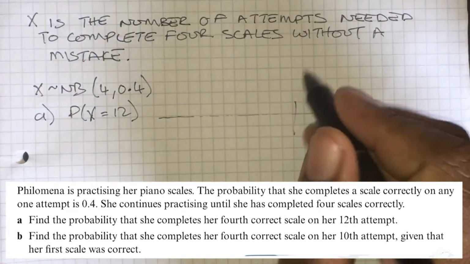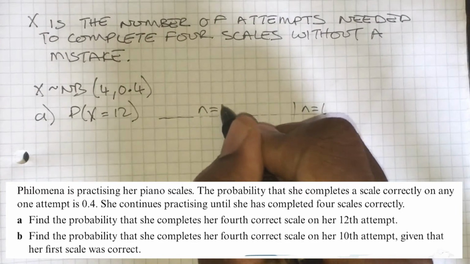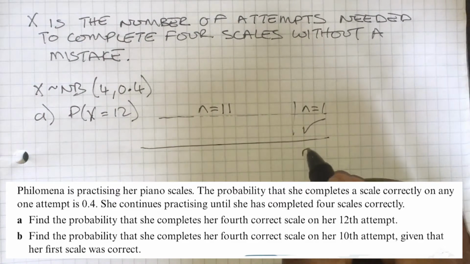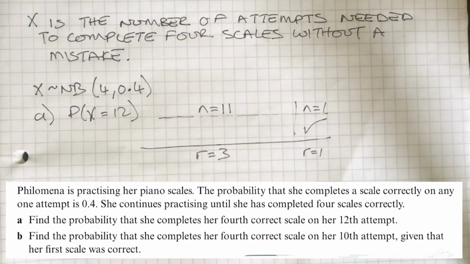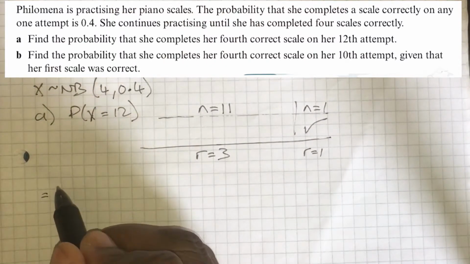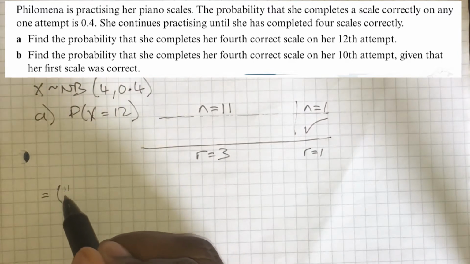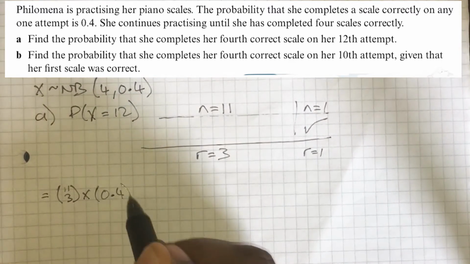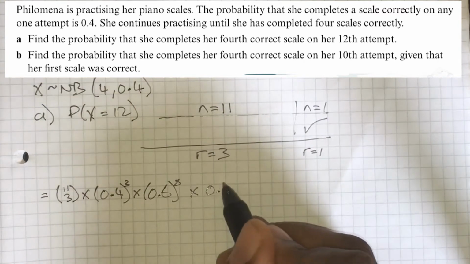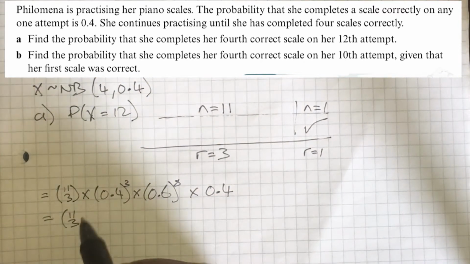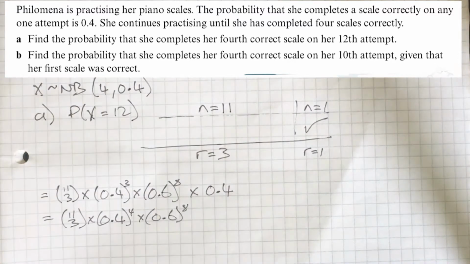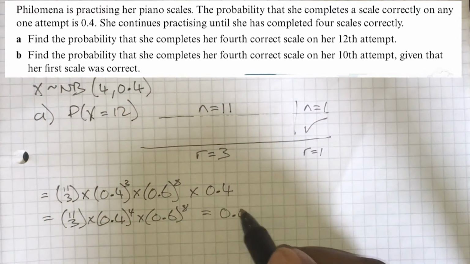Going to use the diagram once again to represent what's happening. The final attempt we know is definitely going to be a success. And in the first 11 attempts, we're looking for 3 successes. Okay, that should help us to write out the probability statements. The first part looks like a standard binomial probability. And then we once again multiply by a value of p for that final attempt. Okay, we can write this out simpler by combining the 0.4s. And then obviously we just need to punch this into a calculator, and the answer that we get to 4 decimal places,